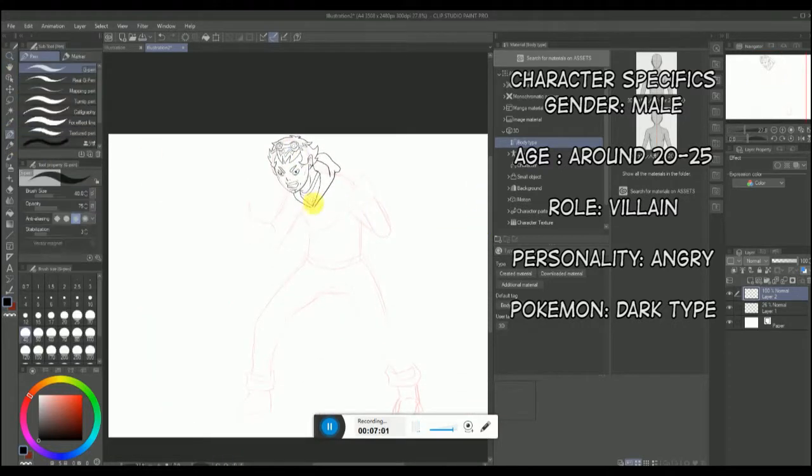It's turning out pretty cool. There's this wacky monster-like shirt.